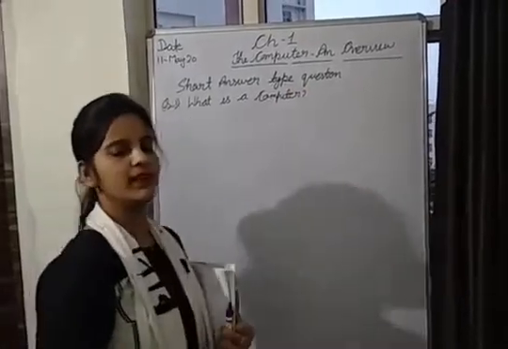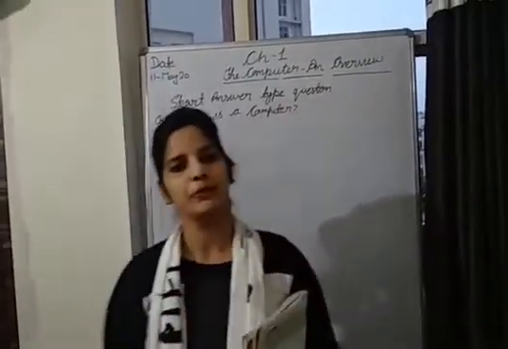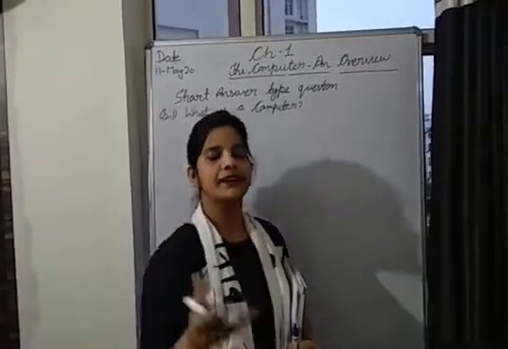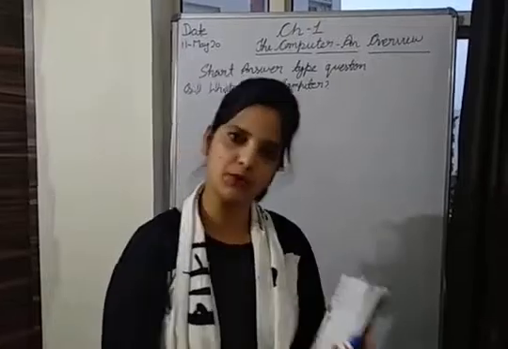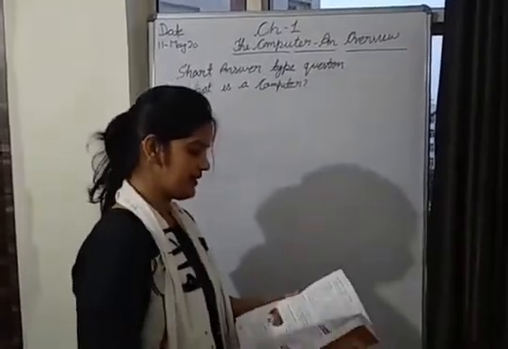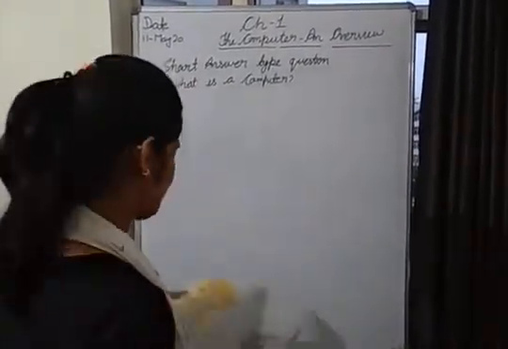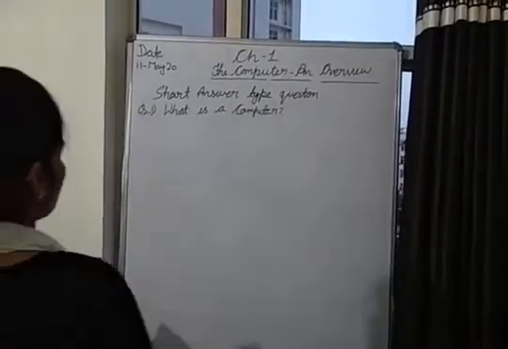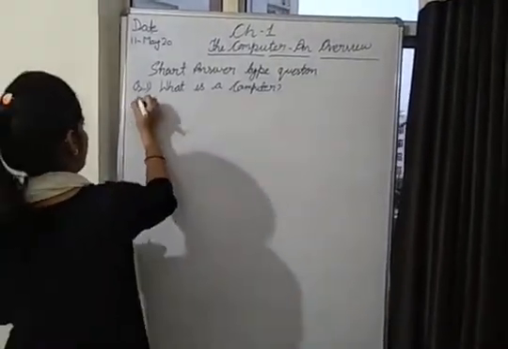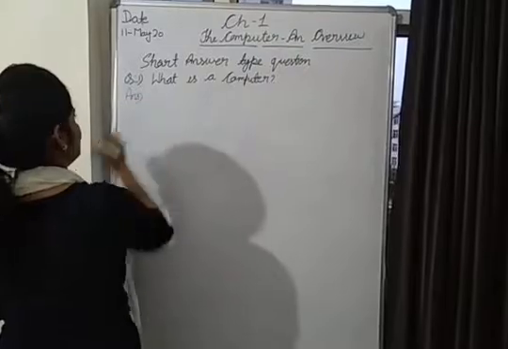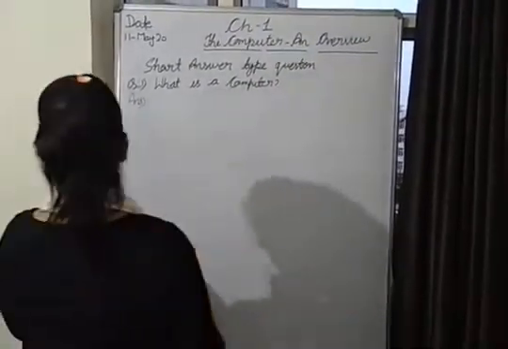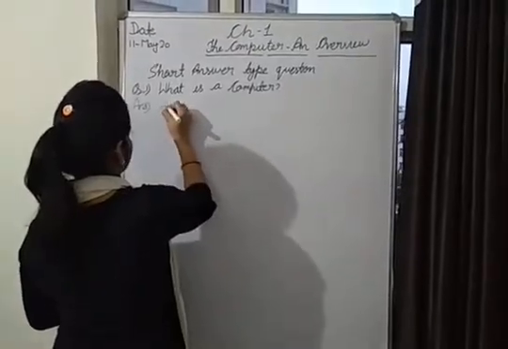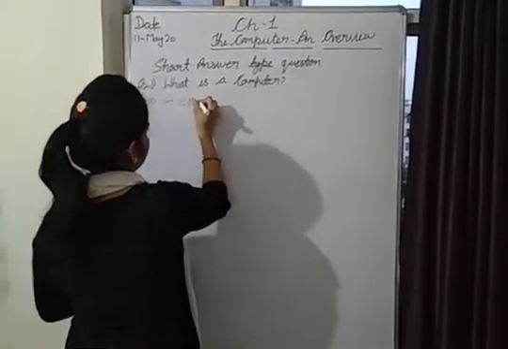So, student, you know what is a computer? Computer is a machine that accepts input, processes the input and produces the output. Means computer एक मशीन है जो इनपुट एक्सेप्ट करती है, प्रोसेस करती है और आउटपुट जनरेट करती है. So start writing the answer and write in good handwriting in your notebook. Okay, student. So start. A computer